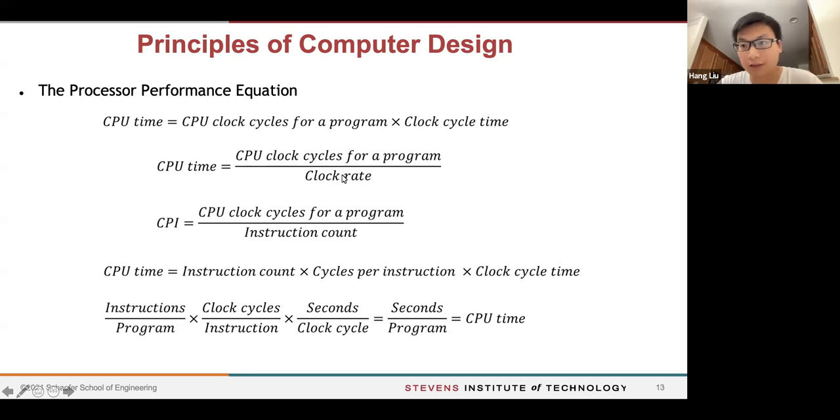So clock rate, what is clock rate? Okay, so here, I bet every one of you must have heard about clock rate before. So we see this is a beautiful i7 core processor, and the processor speed is 3.1 gigahertz, or 3 gigahertz. That 3 gigahertz is the clock rate. Okay, so it means